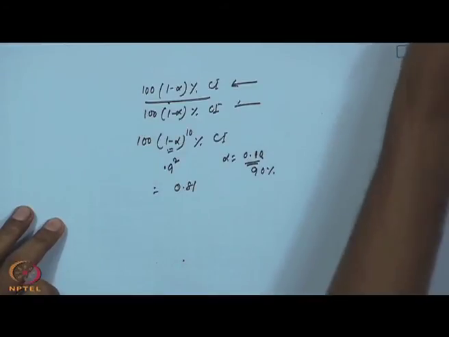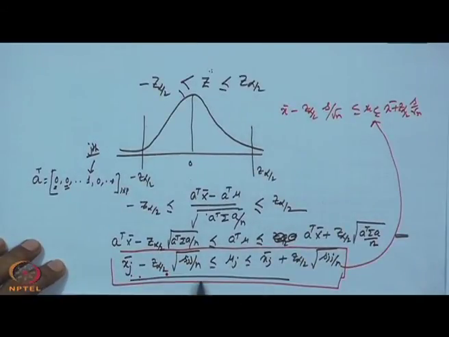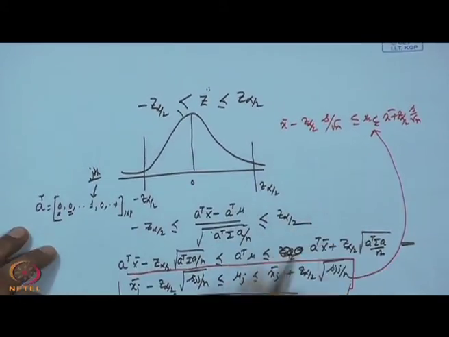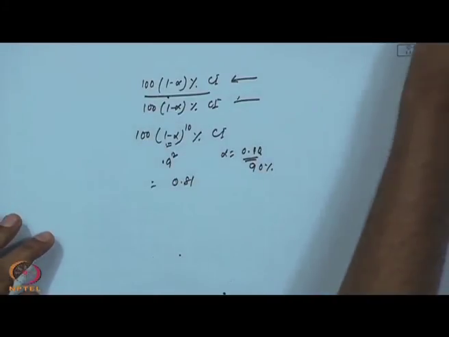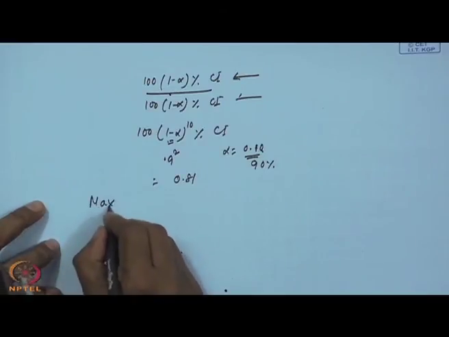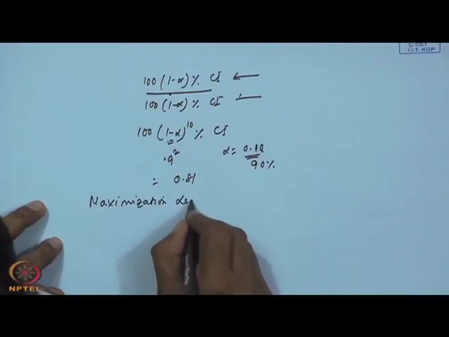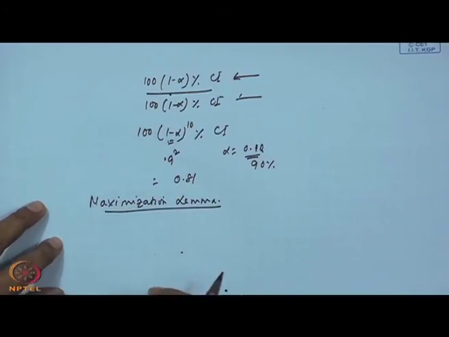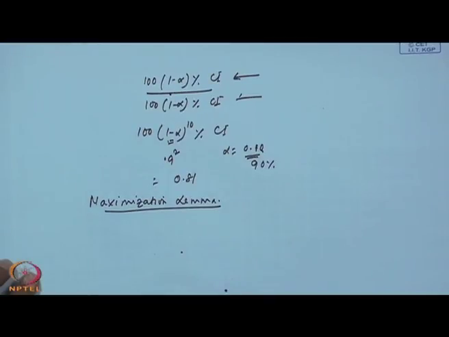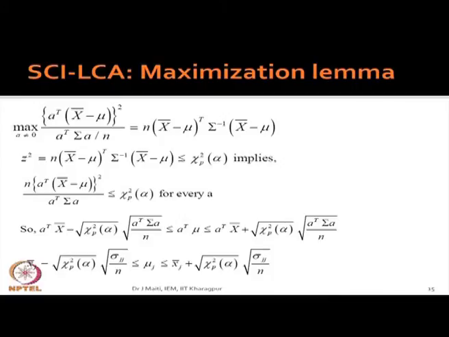So, you require to rectify this. If you go by linear combination, you require to rectify this. That rectification mathematics is also available in Johnson and Wichern. In chapter 2, in the matrix algebra portion, you will find one beautiful concept called the maximization lemma. It comes from matrix algebra. What is this maximization lemma?